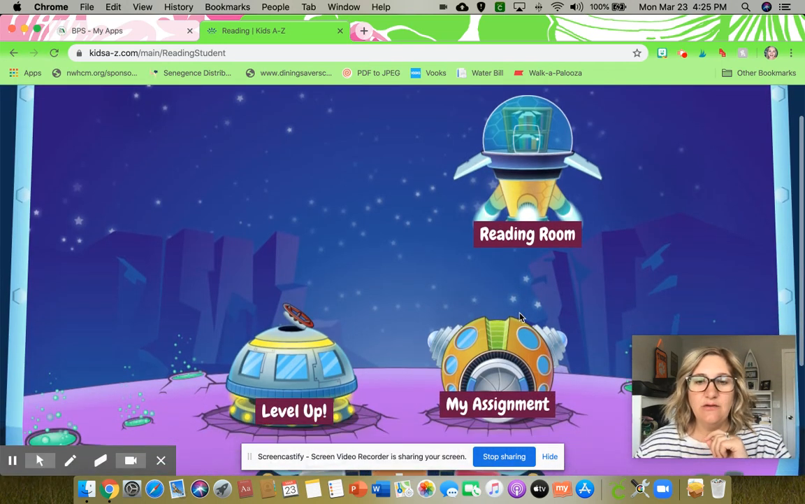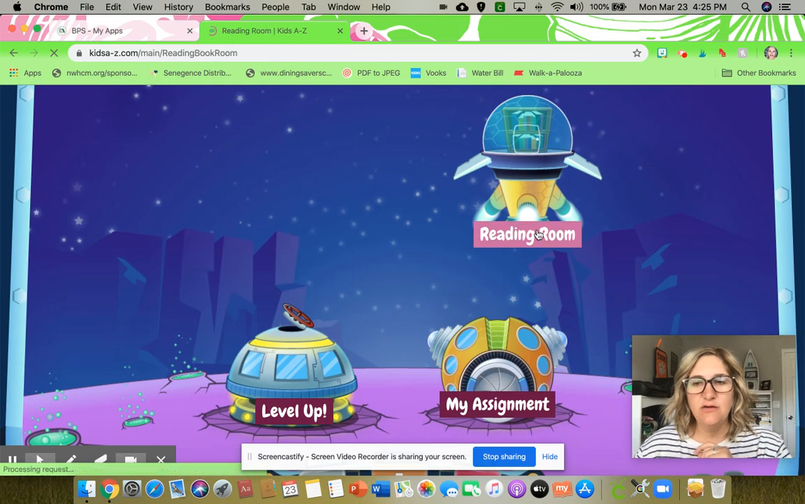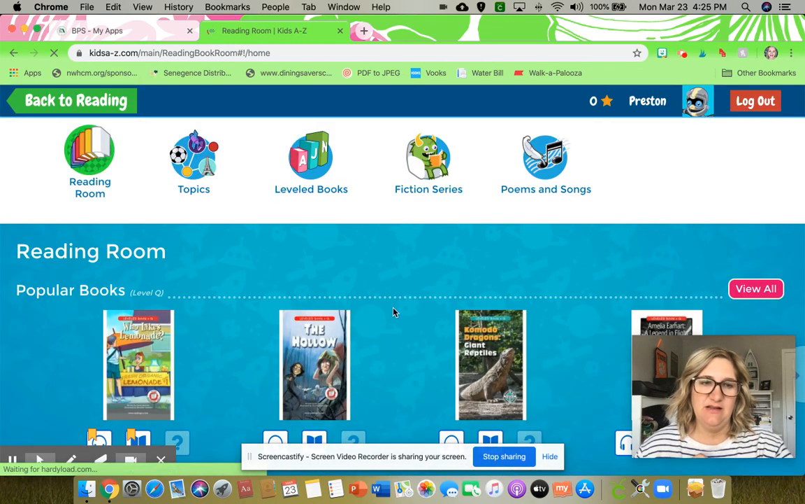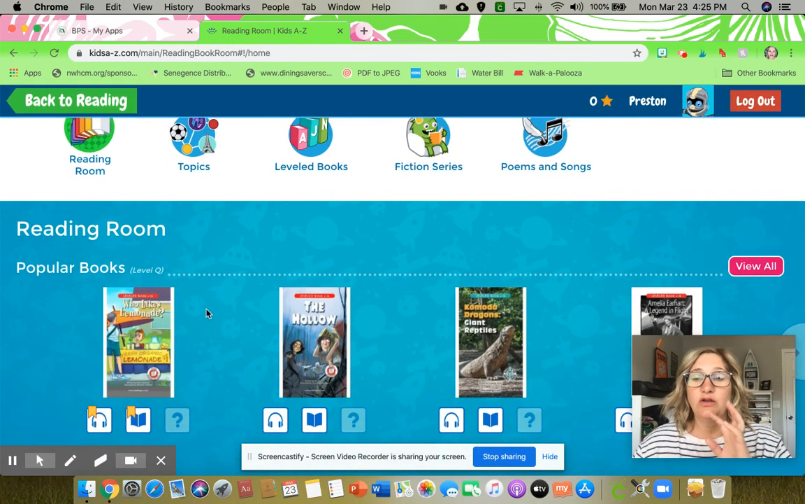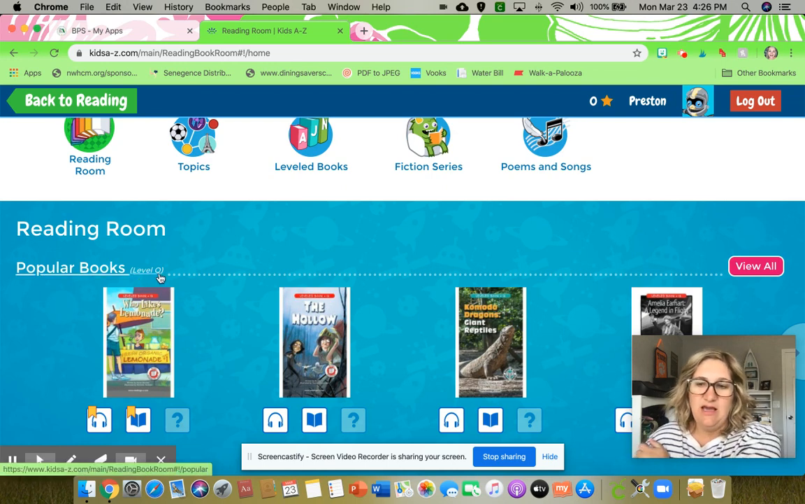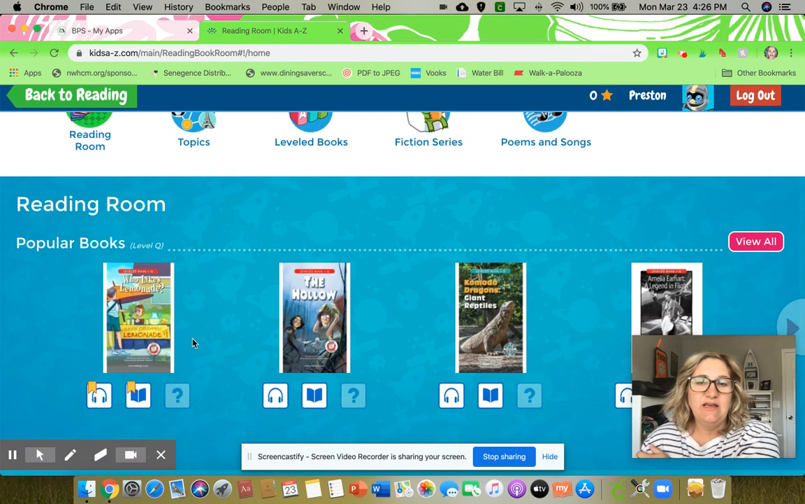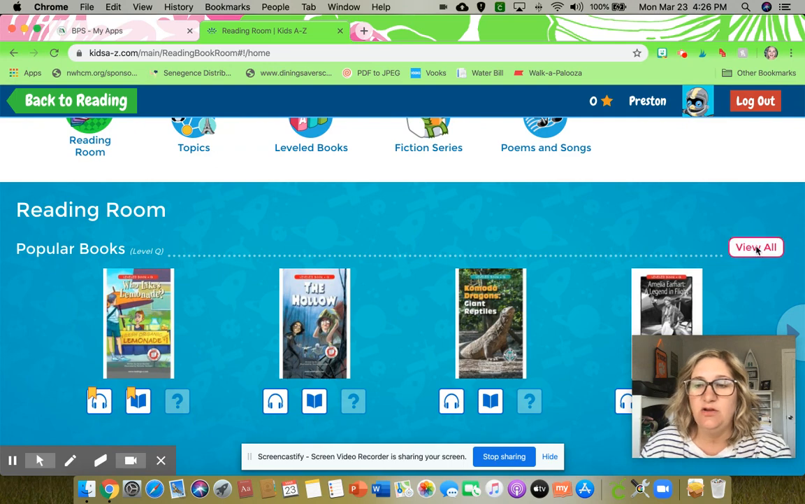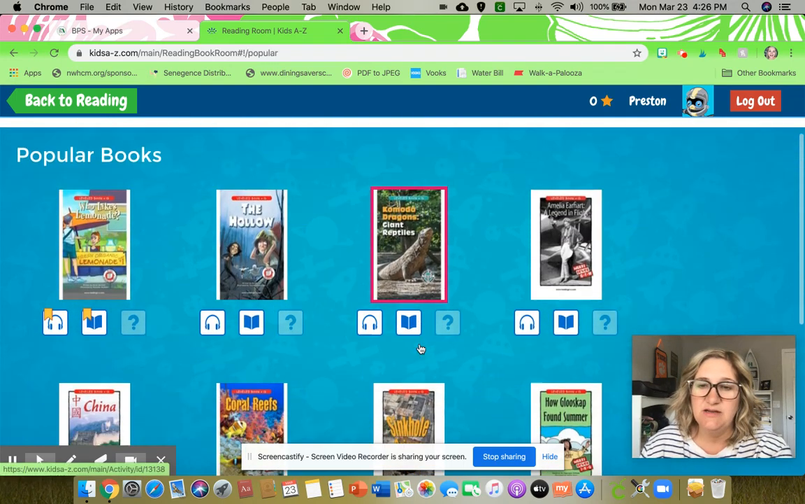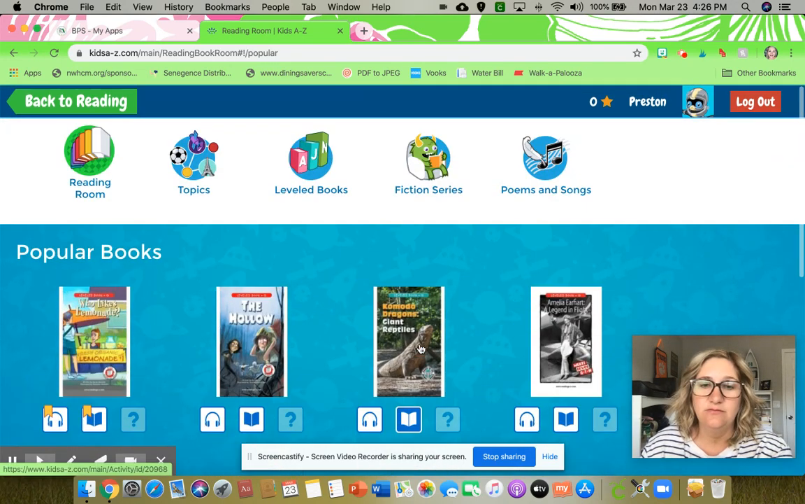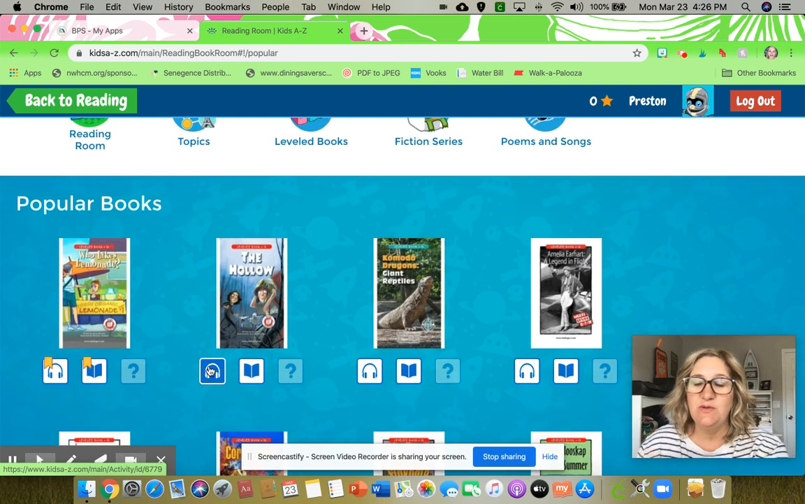So Reading Room is, if I click on Reading Room, there's lots of different books here that I can read. And they're all on your level. So, when I pull you to my table and we read individually to find out what your reading level is. So this one says level Q, okay? So he can read these books. He can go to view all, and these are all books that Preston should be able to read on his level, okay? So you can listen to the book being read to you, which is great sometimes,